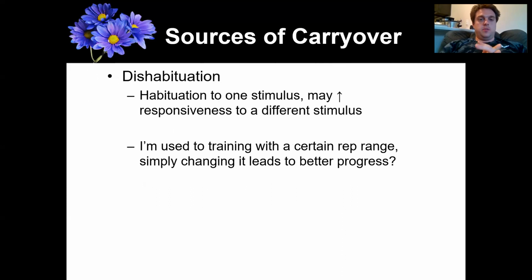Okay, so on to dishabituation. This is where getting used to one stimulus may actually make you more responsive to a different stimulus. Really, anytime you change it up, are you going to be more receptive to that stimulus than you would normally be? So let's say I start out training at a certain rep range. Maybe I start training at low volume, so doing fewer reps, and then I switch to high volume. Well,